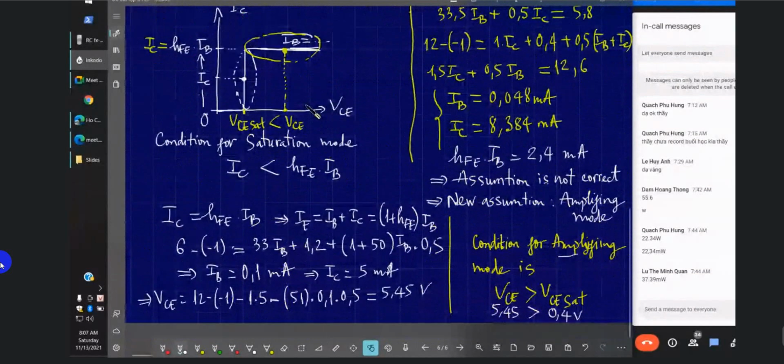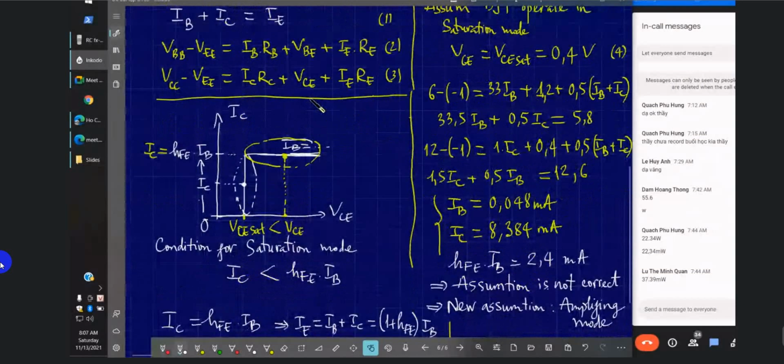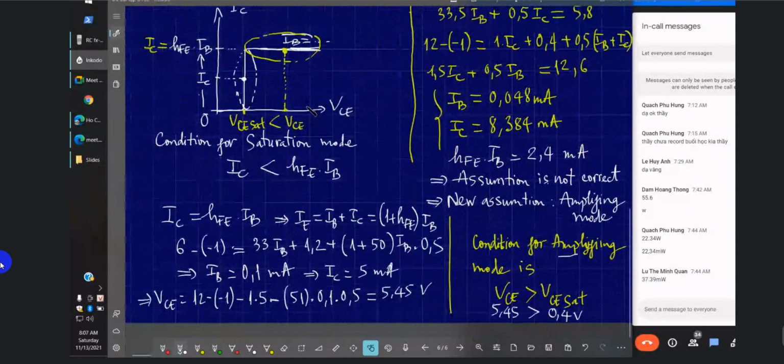Okay, so now we take the calculation for the power dissipated by the transistor. Okay, so let's say